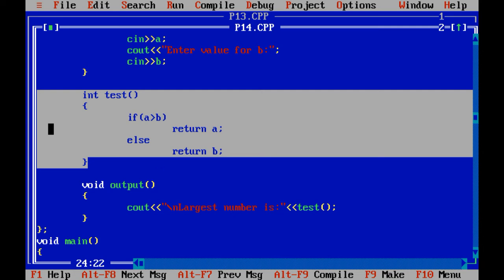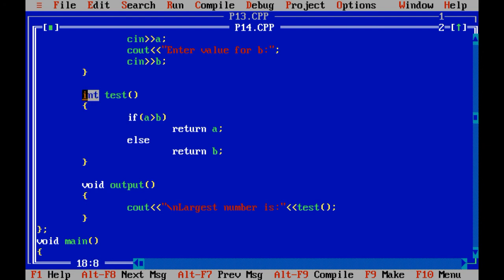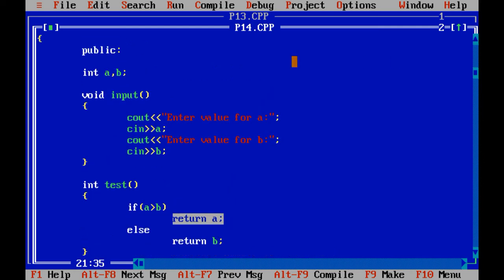There are four types of UDF, and this UDF is which type? It is with return, because over here we have not used void. Instead of void we have used the data type integer. Why have I taken the integer data type over here? Because it returns value a and b, and the variables a and b are declared as integer.